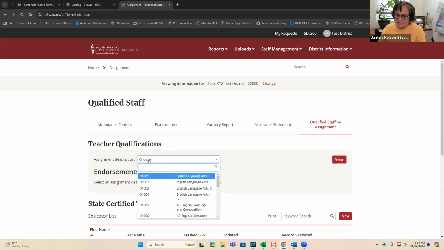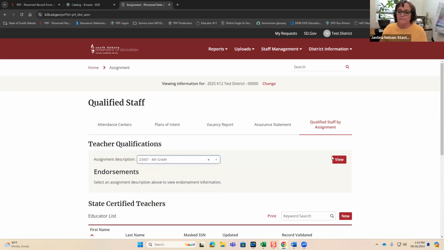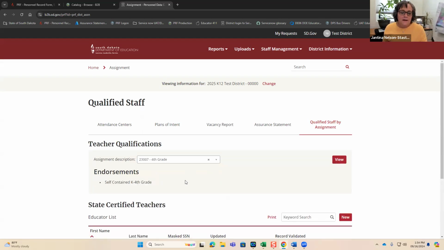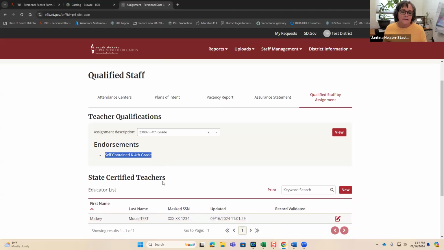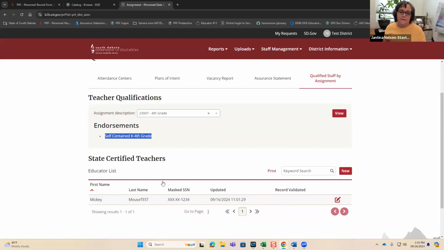So for example, if I were to type in fourth grade here and click view, it's going to tell me that the endorsement needed to teach this is the self-contained K through 4. And of my teachers that I have listed in the educator menu, Mickey is the only one that holds that endorsement.